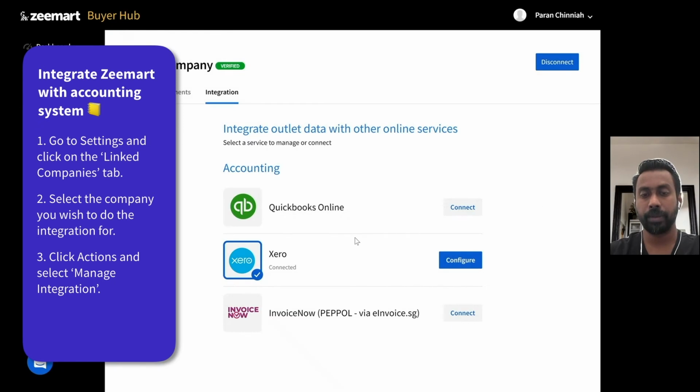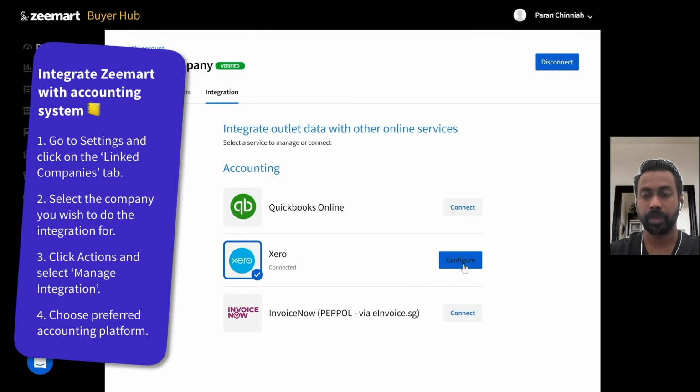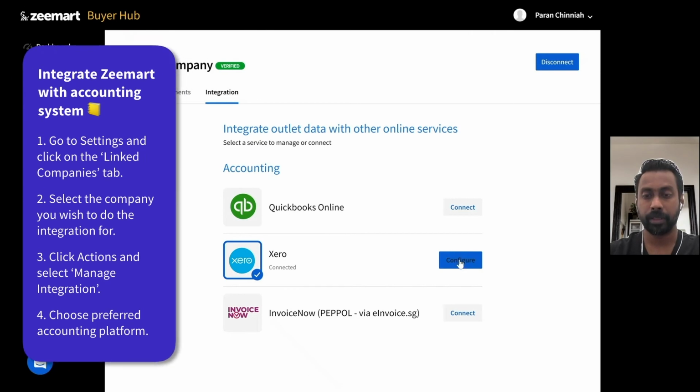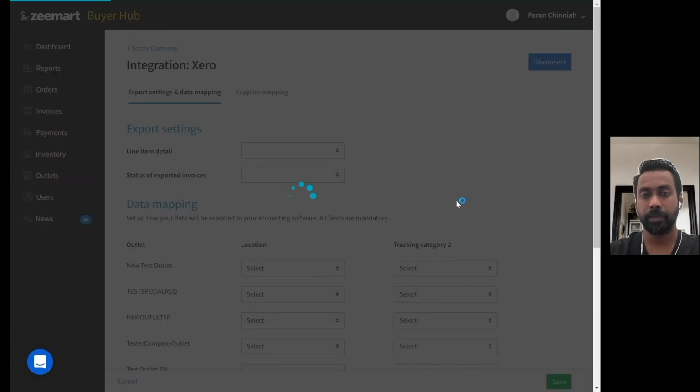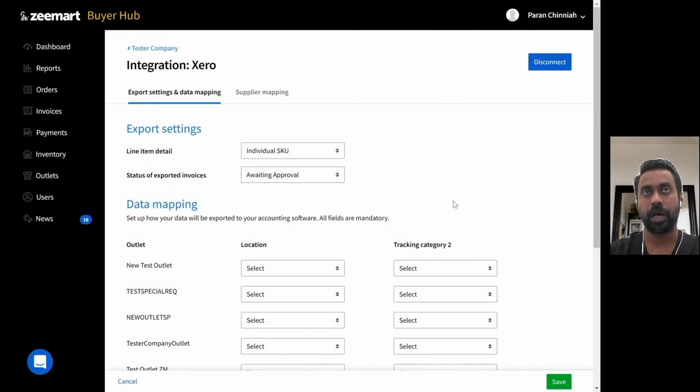There are a few different platforms that we're integrated to. For this example, I'm going to use Xero. So you can click configure. If you're doing this the first time, there will be a pop-up to ask for permission to allow Zeemart to integrate, to connect with Xero or QBO. Once you have allowed that permission, you'll be given this interface where you can choose a few things for exporting